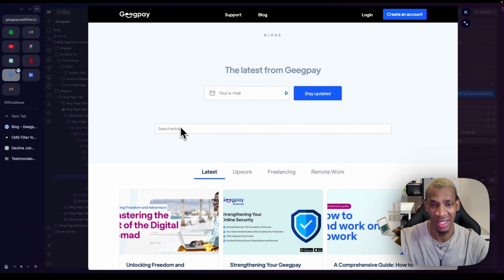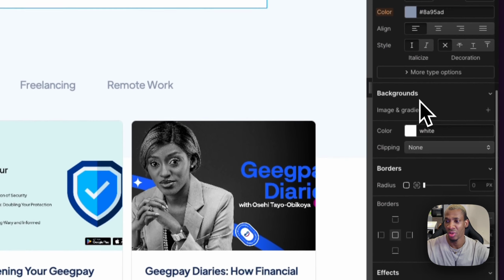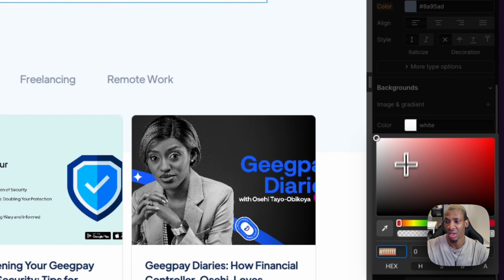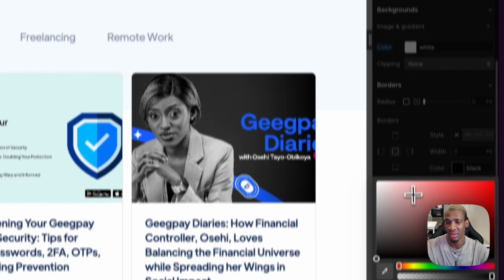Now you can customize this as much as you want. Maybe you want to add a color background to it, maybe a pure white, or however you want to do it. Maybe you want to take away the border, or you want to make the border